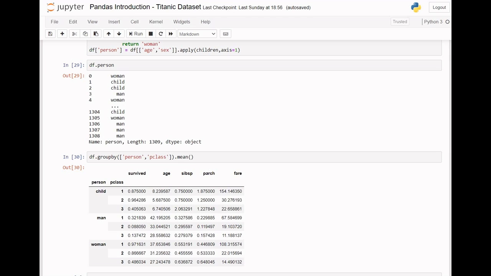Now that should give you some idea of the capabilities of pandas. Obviously, we have only scratched the surface, and there's no way I can possibly show you everything that pandas can do. But I hope I've shown you enough to whet your appetite to go on and learn pandas. In the next video, we will go into more details of pandas.